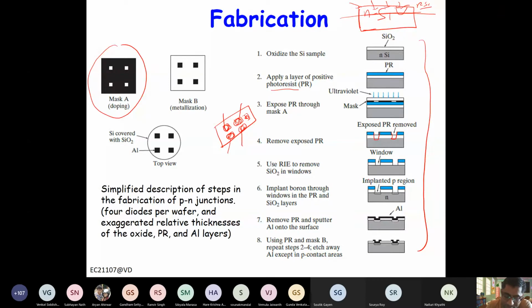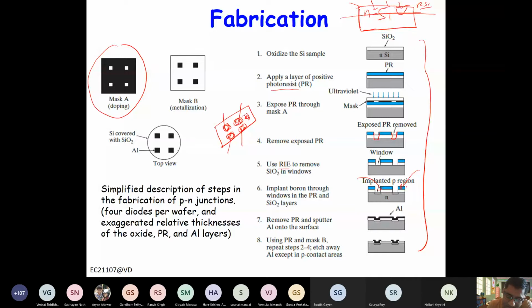etching. This is called reactive ion etching. Of course, the etching has to be selective so that it only removes silicon dioxide. It does not remove the photoresist or silicon, right? So these are some characteristics that are required. Then once we remove the oxide, we have the window here, right? In this window, we can dope this region with the material we want, in this case with the p-type dopants. And once we dope it, of course we have to remove the photoresist.